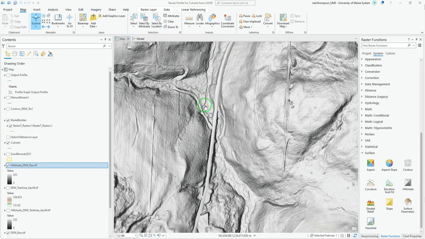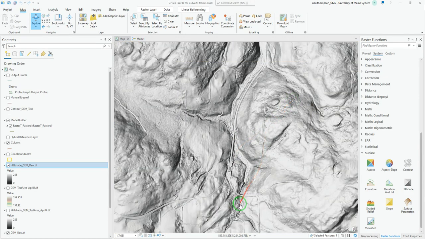Now we can see where we were with the workshop here. There's a little tributary just downstream coming in from the west. There's our culverts, and if we scroll out we can see we've got several other road crossings here. So I'm actually going to draw this line from up here all the way down as far as we can